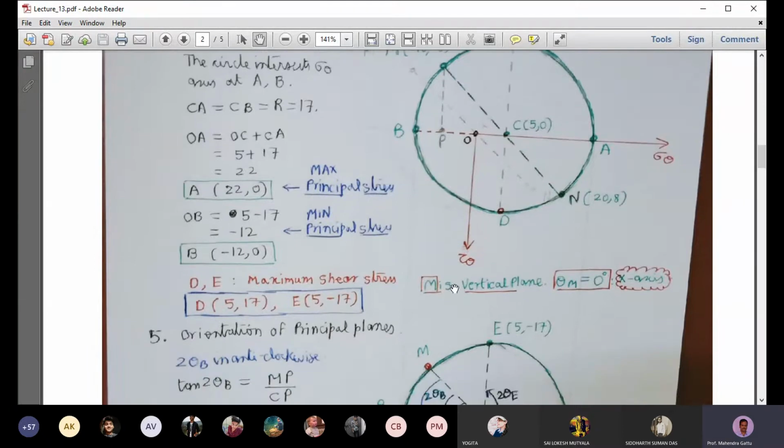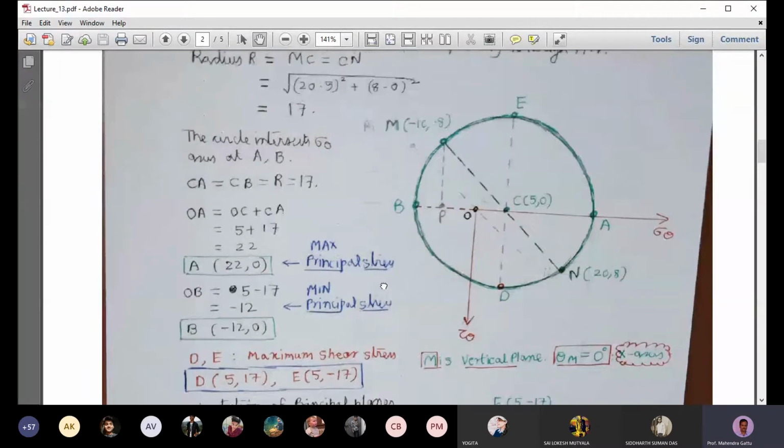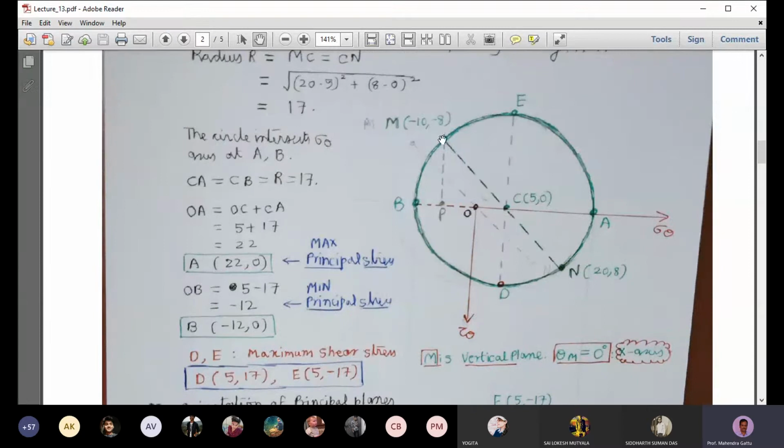So here the plane M, that is a vertical plane M, is located here, and it represents the x-axis, which means the normal to that vertical plane is coinciding with the x-axis. And now if you move along the arc by an angle, say 2 theta b, so the arc is subtending an angle 2 theta b at the center, then the plane will rotate in the